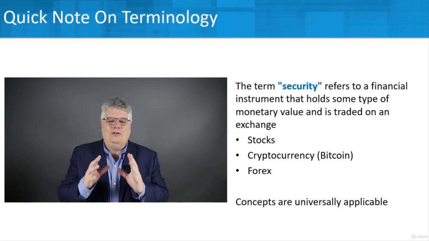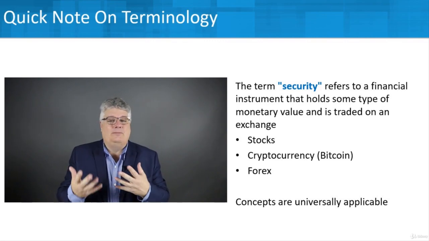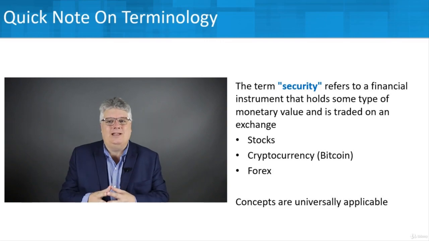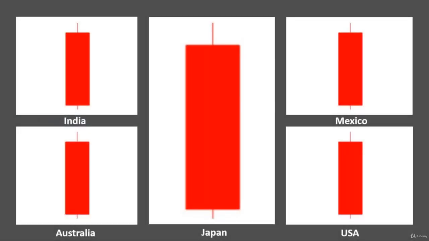If we look at an example of something from the course, this is a candlestick. It's a price bar, represents price. It came from Japan, so a lot of times you might hear them referred to as Japanese candlesticks. But this is the exact same candlestick, the same way it would be represented in different countries like India, Australia, Mexico, USA, UK, Eurozone, no matter where you are, a candlestick is going to be the same as far as look and how you interpret it and how you would apply it.